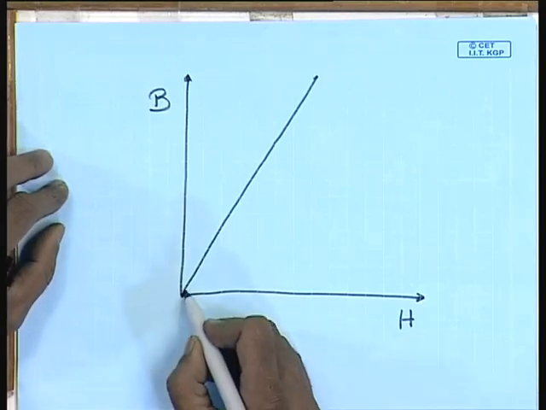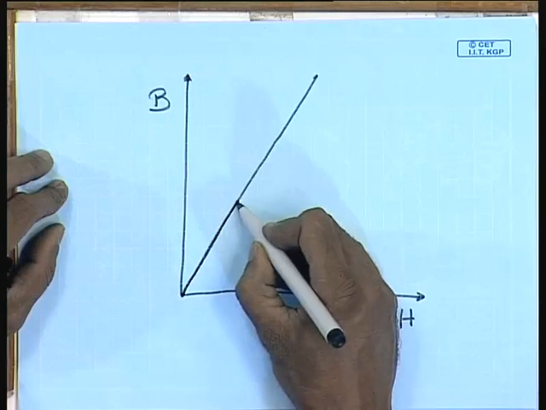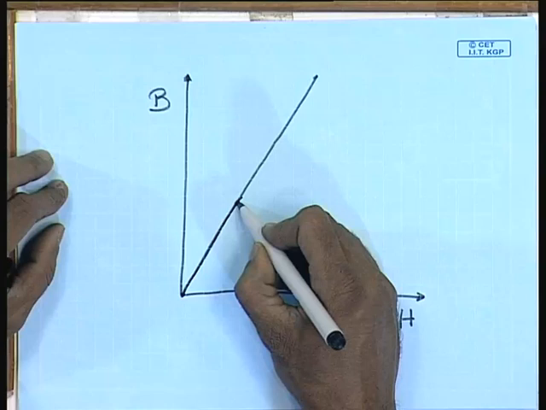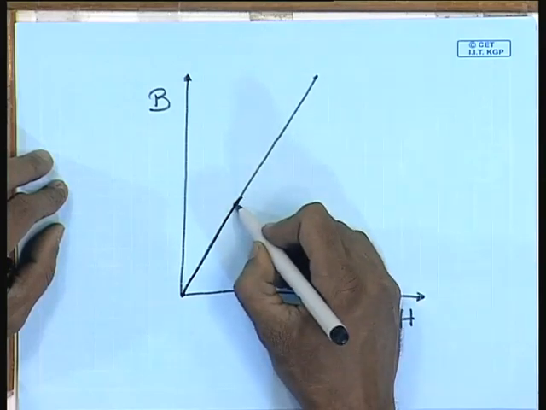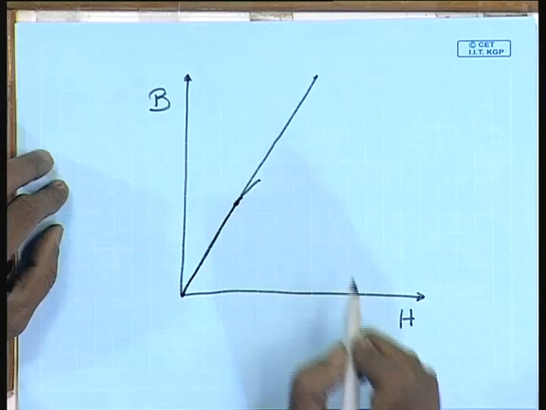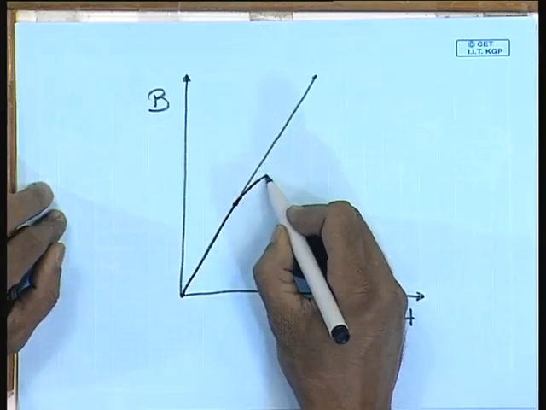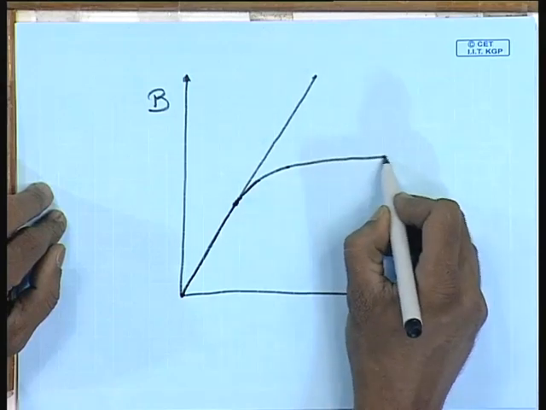Initially it follows a straight line, but as B increases, after some point it starts deviating from a straight line. In fact, B does not increase as fast as H, and beyond some point, even if you keep on increasing H, B